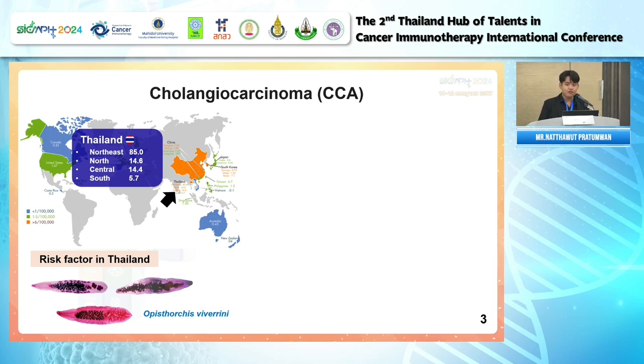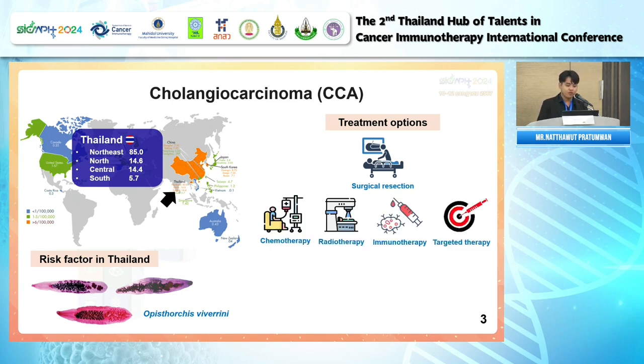Nowadays, we have many treatments for CCA patients, including surgical resection, which is commonly used. Other treatments include chemotherapy, radiotherapy, immunotherapy, and targeted therapy. For chemotherapy, cisplatin as the first-line chemotherapeutic drug is also used for post-operative or post-resectable CCA patients, because some resectable patients have high frequencies of relapse and metastasis after surgery.